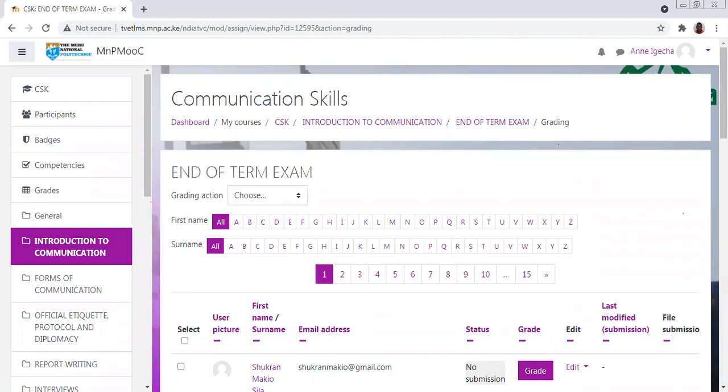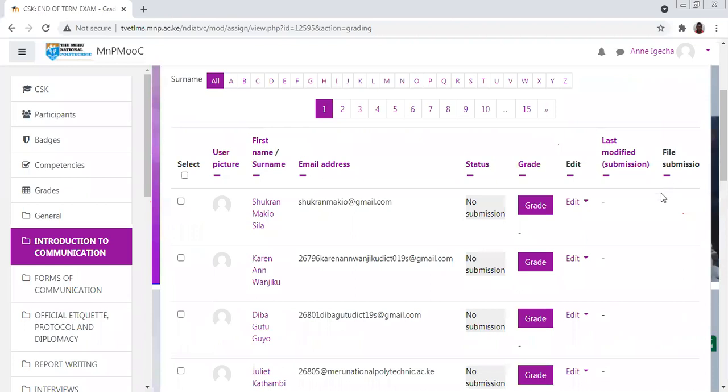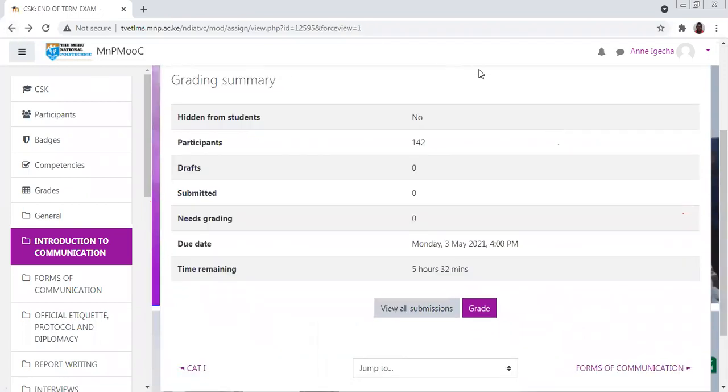You can see the file submission here. Then you can click it, click grade. When they submit, you'll see the file submission. As a teacher, you click grade to grade there, to grade the exam. You can still opt as a teacher